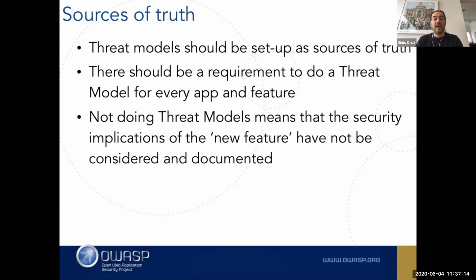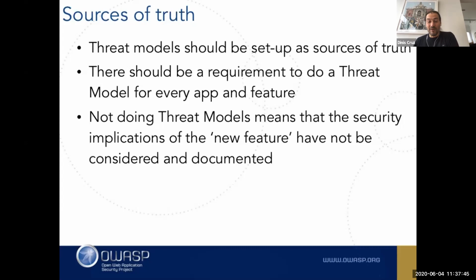So usually in my world, I'll create a risk for you to confirm and for the business owner to accept. If you're adding a new major piece of functionality and you have not done a threat model for that functionality, then what you're saying is that you don't know the security implications of this new feature. So somebody has to be responsible for that, because that's a conscious decision that was made. Not doing something is doing something.